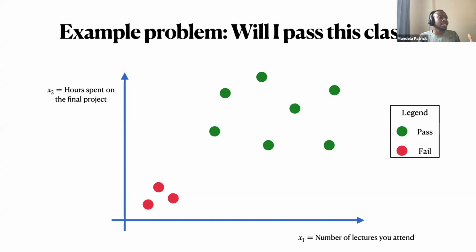As you can see, this is a pretty simple classifier, because it seems that the more lectures you attend and the more hours you spend on the final project, the better your probability of passing the class. So given this new point, do you think the person is going to pass or fail the class? In this case, just looking at the structure of the data, we could probably guess that this person is going to pass the class. So this person, 4-5, means that the person attended 4 lectures and spent 5 hours on the final project: X1, X2.